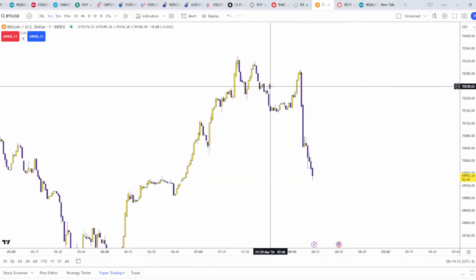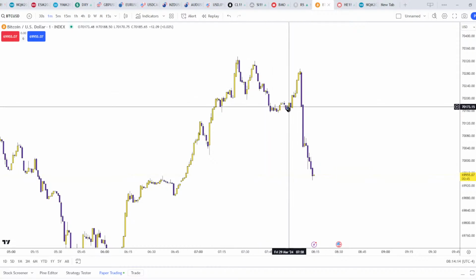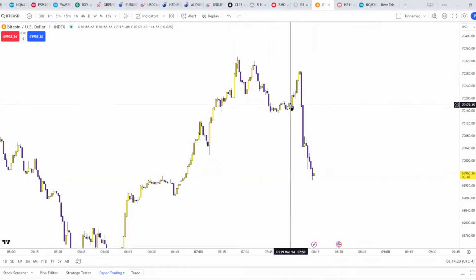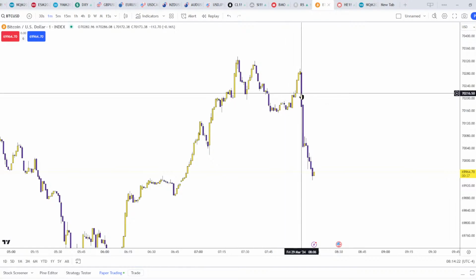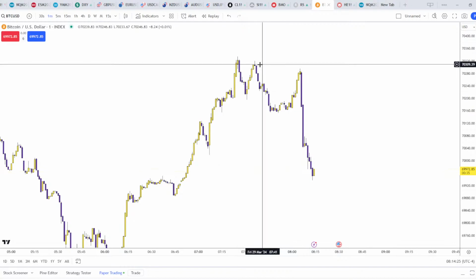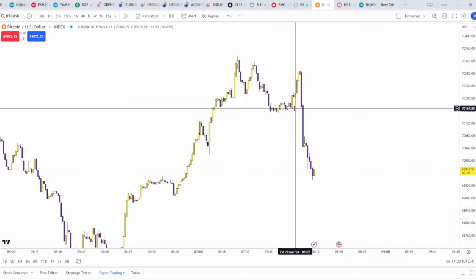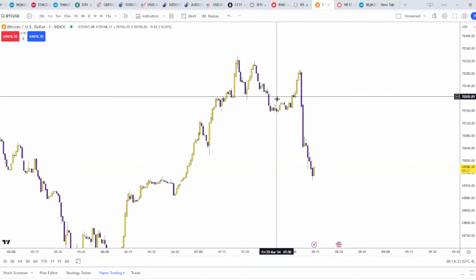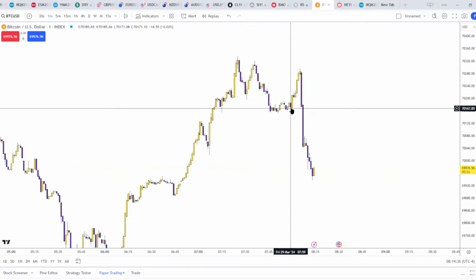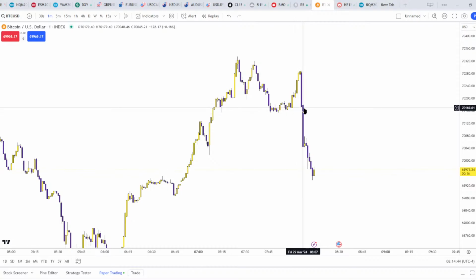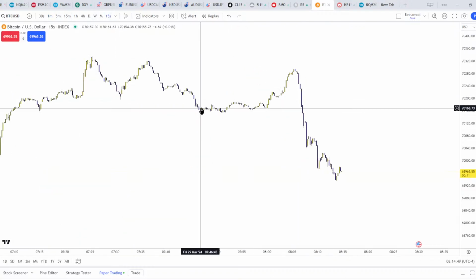So let's say you were looking for, you missed this run back up here and it ran through you. You look at this breaker, which is this last down close candle here before it runs up above this high. It doesn't take that high out, but these are swing points. So you look for the one that takes out the most recent high. And if we trade below it or trade through it and you can get back into it, then you take that trade. So, for example, if we go down into the 15-second chart,